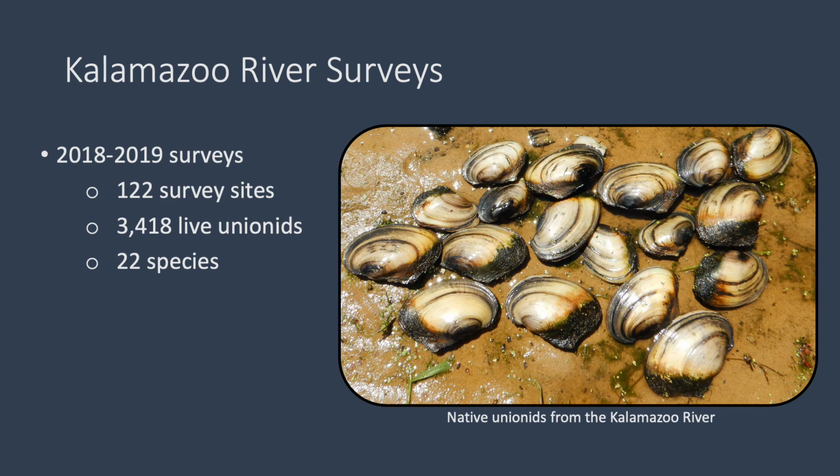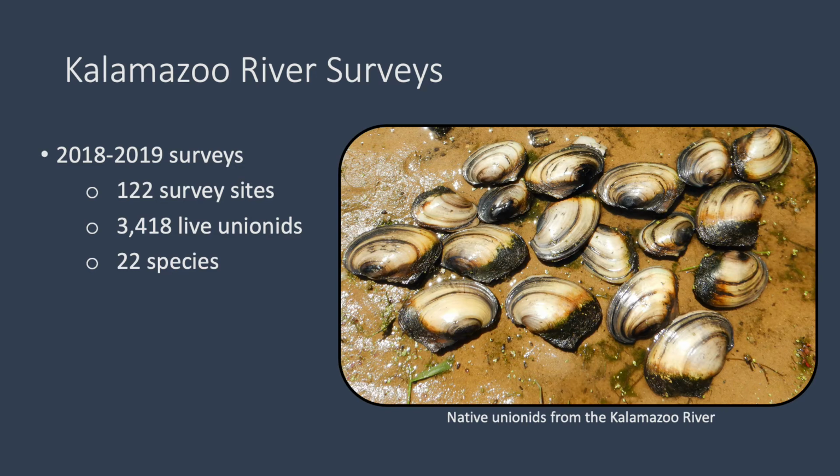To conduct these surveys, researchers from Dr. Dalen Wolno's lab at Central Michigan University visited 122 different sites from 2018 to 2019 searching for unionids using time search, quadrat, or scuba time search methods. Our surveys found approximately 3,400 live unionids belonging to 22 different species,